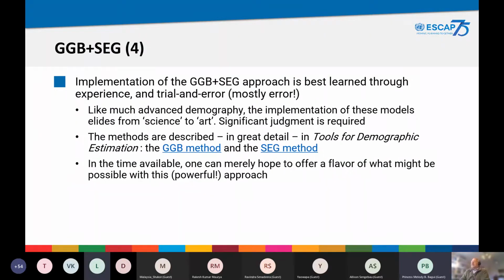Given the complexity of these methods, really all I can hope to do is to give you a flavor of what might be achieved with this powerful and very different approach to estimating the completeness of your civil registration data for adult mortality and adult deaths. And so I'm going to very briefly step you through the application of these two models to show you what we finally produce as an estimate of completeness by applying the GGB and SEG methods in tandem to South African